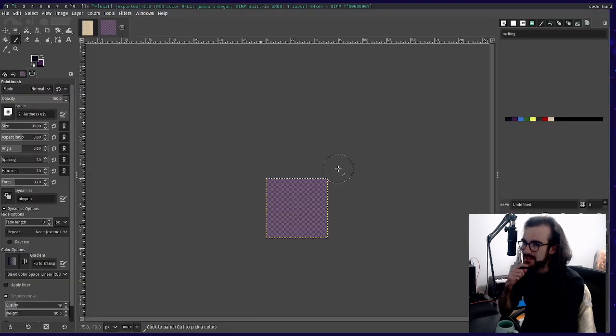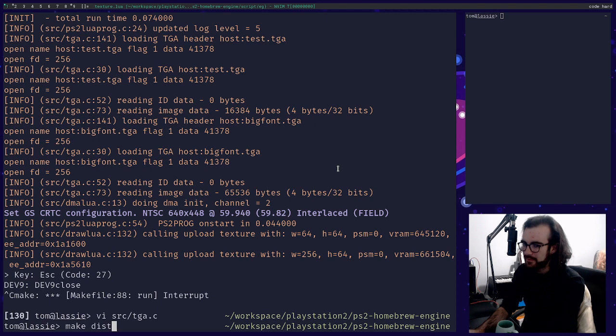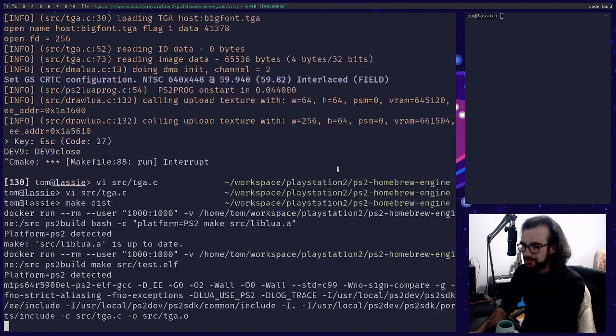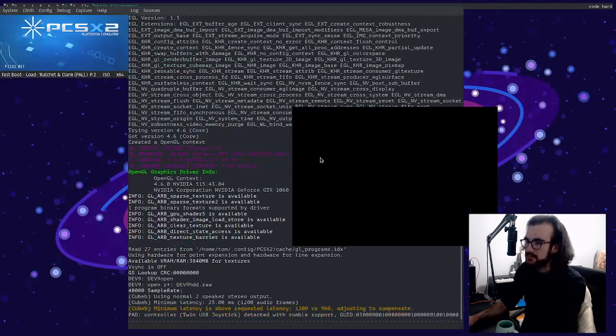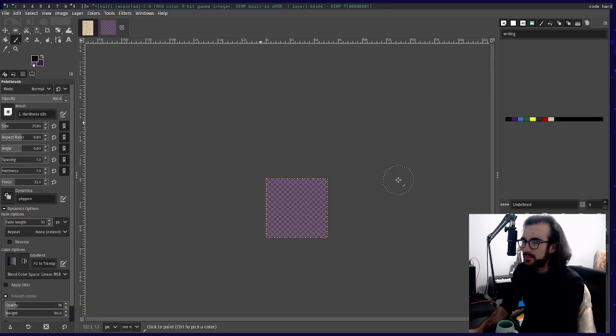So what's the difference? Oh, hold on. I need to remake this as well. Okay, this is good. We have the correct alpha now. Let me just put a squiggle or something on this so that we know which way this faces, right? Let's put an up arrow on it. Okay, so we'll export over half.